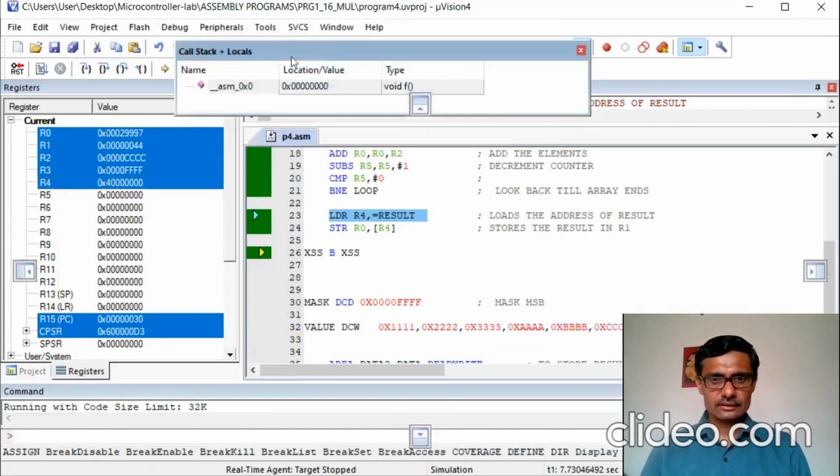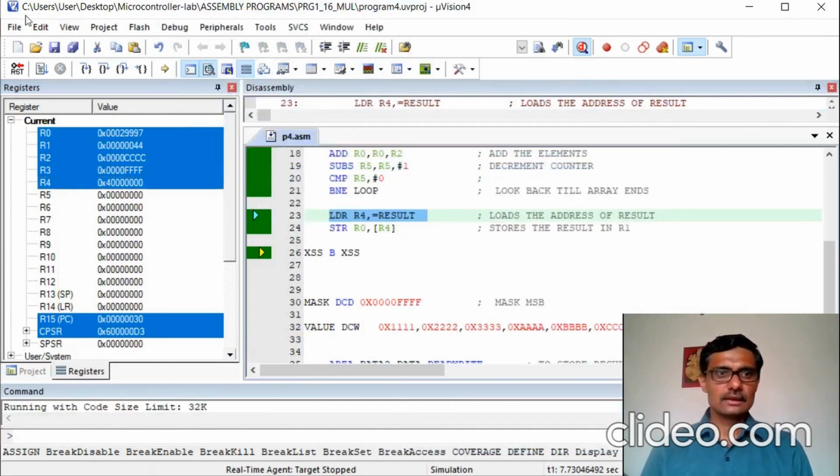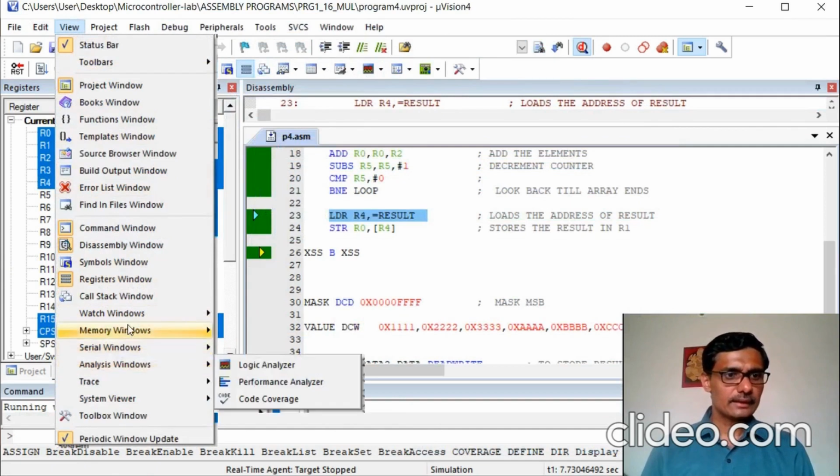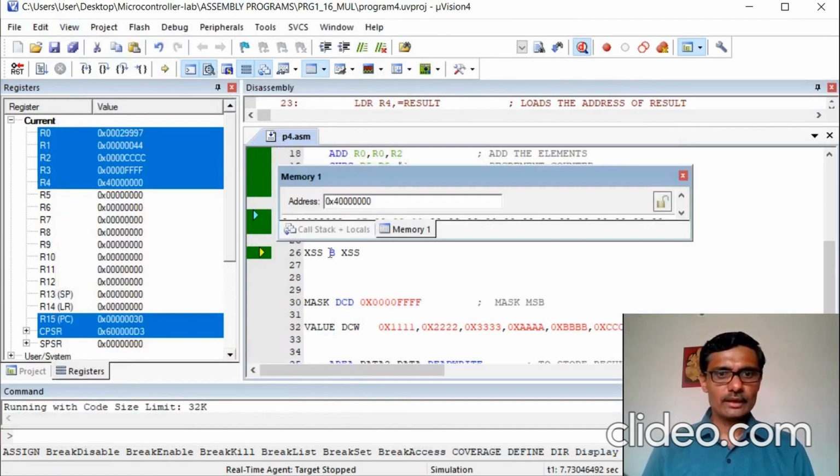Now you can see this here. You have to just type 0x40000000, that is 4 followed by 7 zeros. This is the address of the memory location.